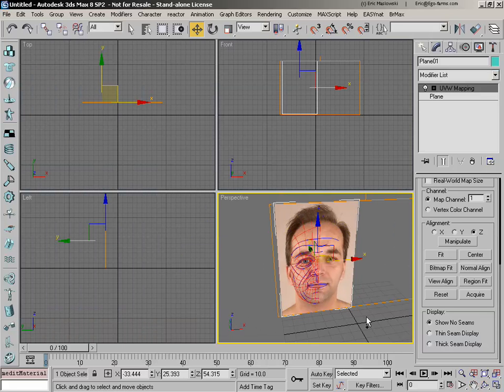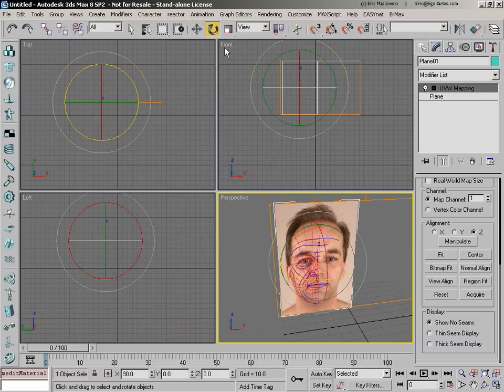Okay, so now let's do the same for the side. I'm going to use this as an exercise for you to set it up on your own and see if you can. But first, what we're going to do is copy our existing object, so we don't have to create a new plane and go through that whole process again. We're just going to use what we have here and tweak it to show the left side. So we're going to switch to our rotate tool,